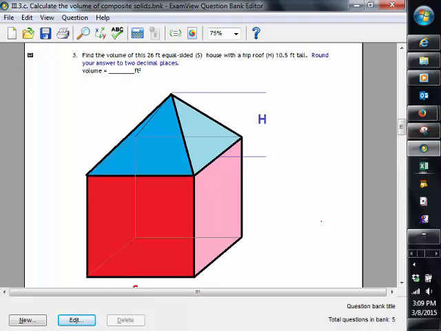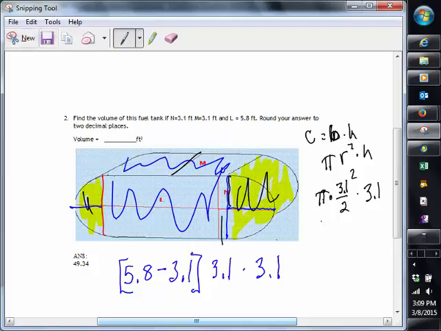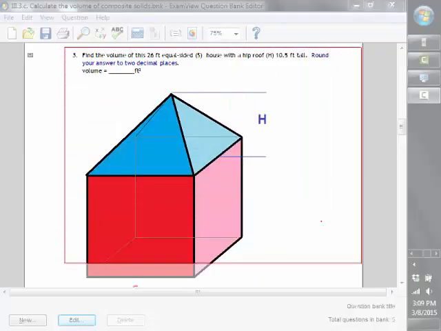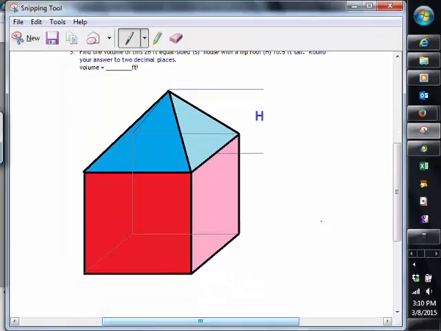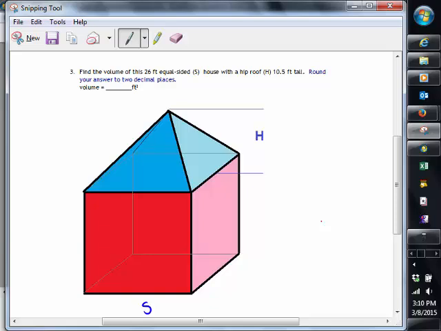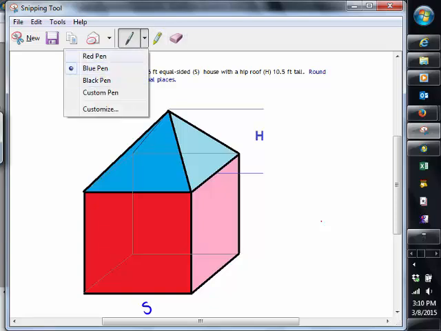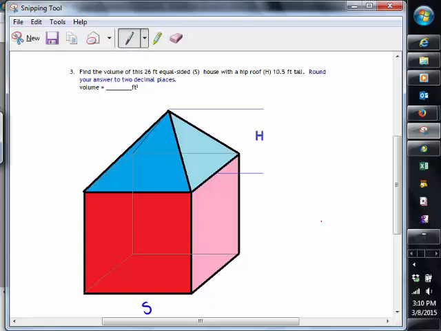Find the volume of this square house. Okay. The only letter that's missing here is S. I can't get that all on there. Alright, so let's take the volume of the lower part, which is already red, so why don't we just leave it red and do 26 feet times 26 feet times 26 feet, or that's 26 cubed, plus